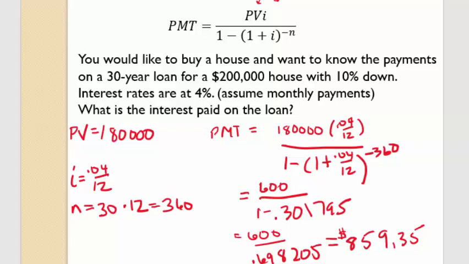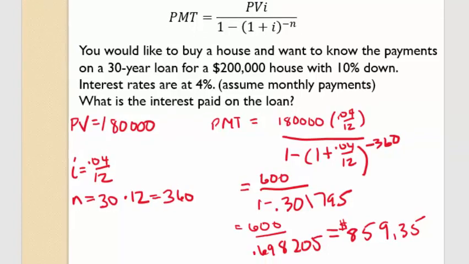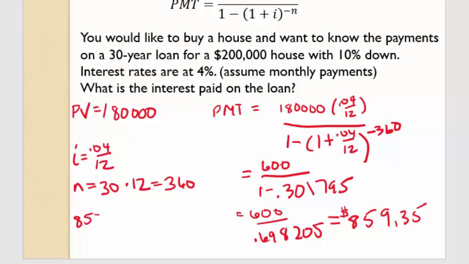So the question says, what is the interest paid on the loan? Well, I know that the payment amount is $859, so I need to multiply that times the number of periods in the loan. So $859.35 times 360. So I multiply it times 360 and I get $309,364. Let's say $65. So after you make all of the payments, those 360 payments, for 30 years, you would